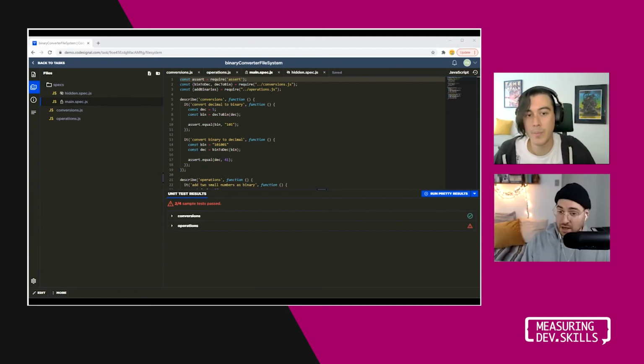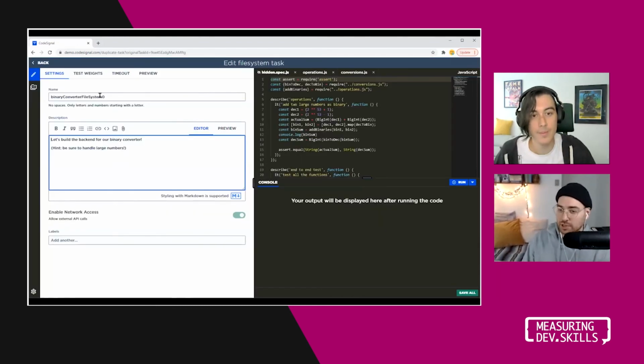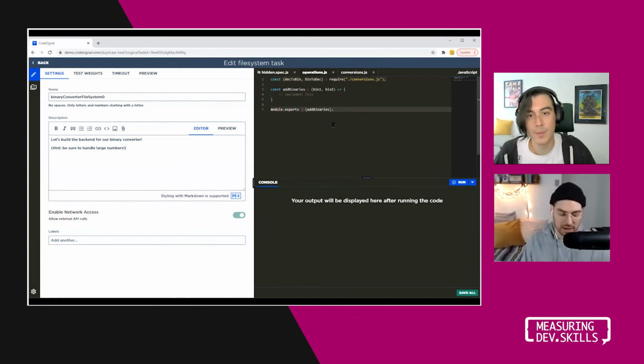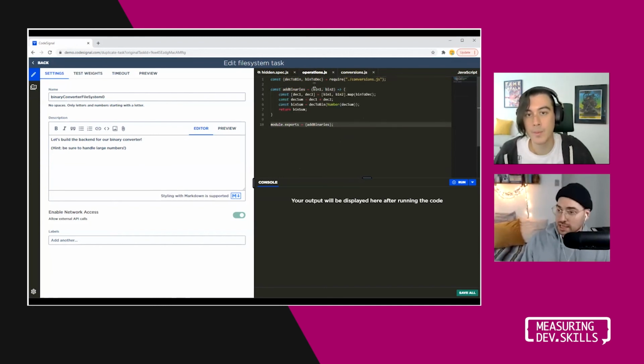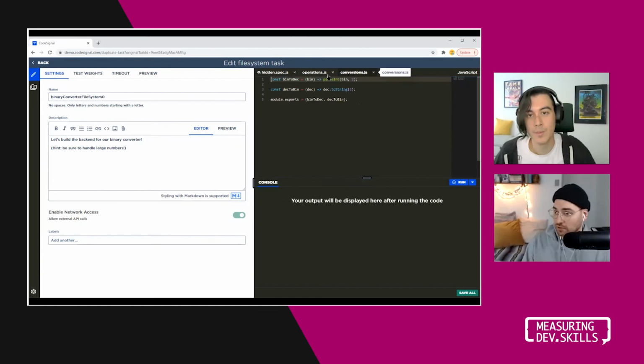Makes sense. Okay, so then the last thing I wanted to talk about here is some of the extra flexibility we can get out of a task like this. We looked at the duplicate feature the last time, and I think in this case, it's equally applicable. We could make another one of these types of tasks, and then let's say instead of asking the user to implement the actual add binaries function, we want to just get rid of this, for example, or get rid of all of our exports,